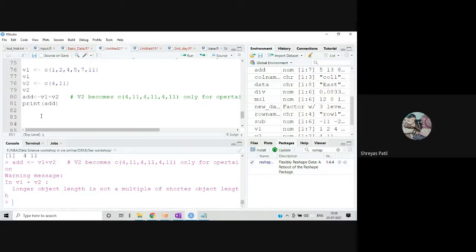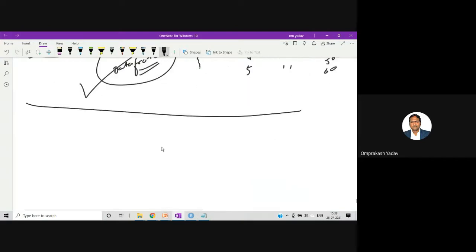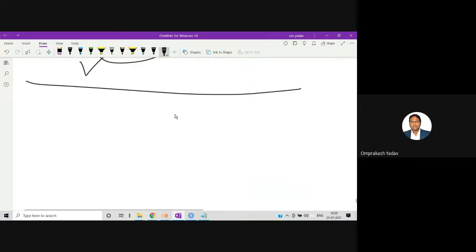Now let's go ahead to the next part, that is the matrix. In the matrix, the data is two-dimensional. Normally, all of you know that a matrix is represented like this, with the elements 1, 2, 3, 4, 5, 6, 7, 8, 9.